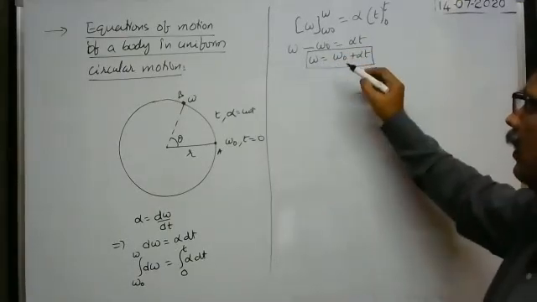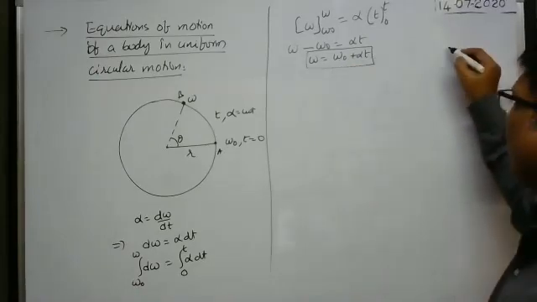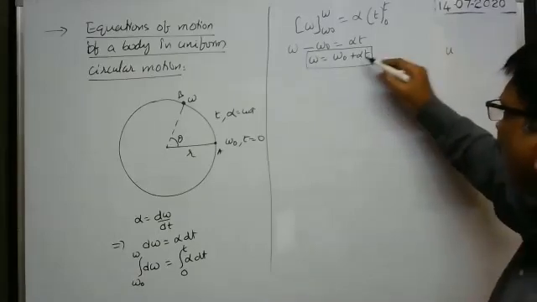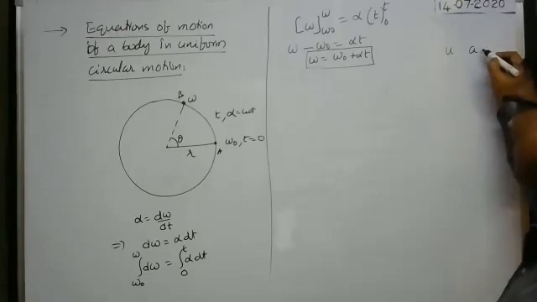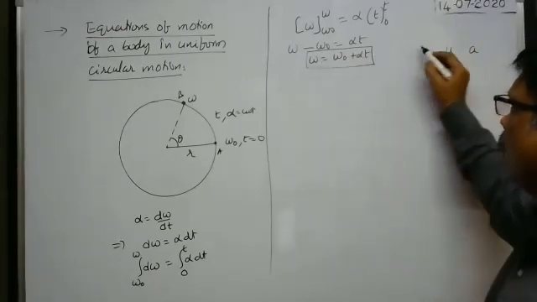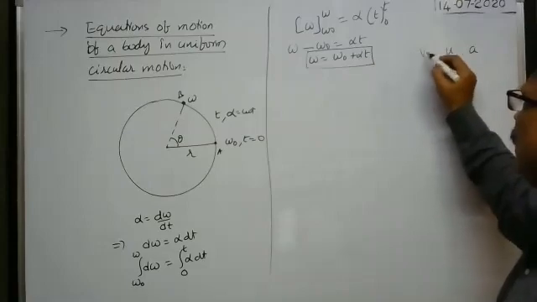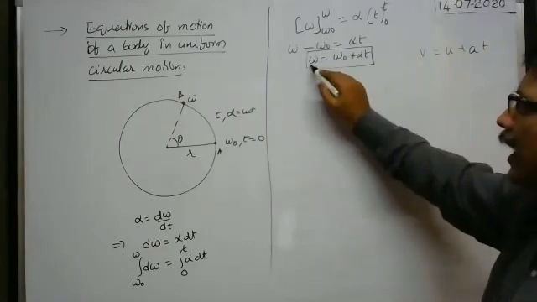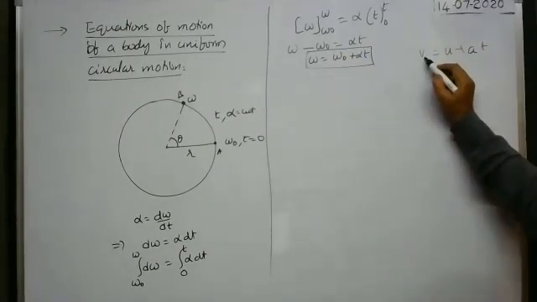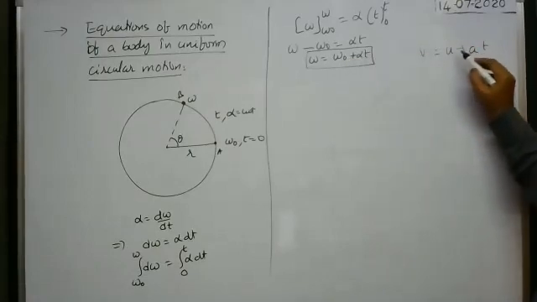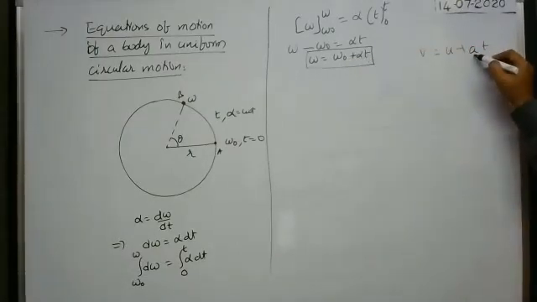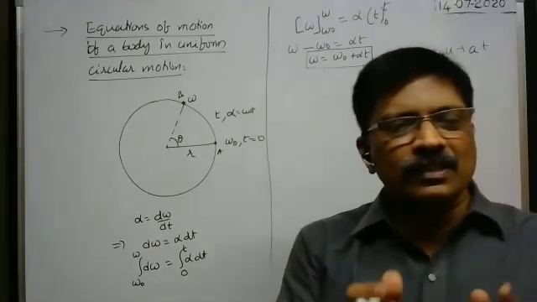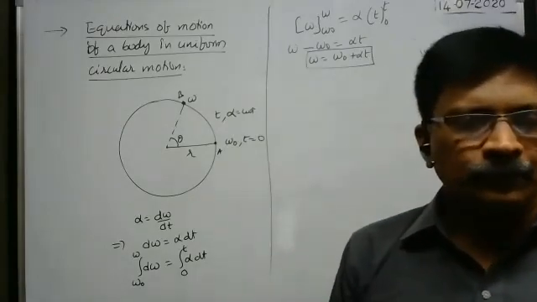It is just like initial angular velocity is equivalent to initial velocity for a body in translatory motion. Uniform angular acceleration is equal to uniform acceleration a. Final angular velocity is equal to final velocity in translatory motion. Then v is equal to u plus a into t. That means here final angular velocity is similar to final linear velocity. Initial angular velocity is similar to initial velocity. Angular acceleration is similar to linear acceleration. Time is time. So these are the similarities or analogs between translatory motion and rotatory motion. Okay.